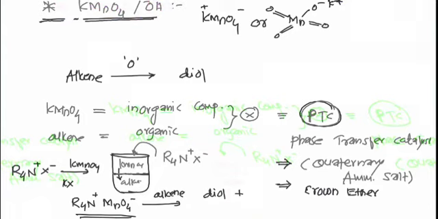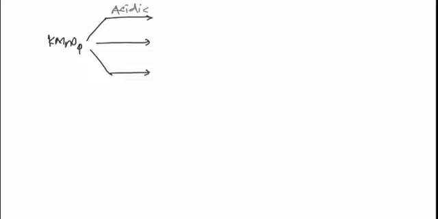ओके, दिस इज व्हाट वी हैव टू मस्ट कंसीडर द PTC along with the KMnO4। एक तो बेसिक कंडीशन है और दूसरा PTC होना जरूरी है। वैसे KMnO4 क्या है? बहुत स्ट्रॉन्ग ऑक्सीडाइजिंग एजेंट है, ठीक है। तो इसकी जो रिएक्शन है ये आपकी कंडीशंस पर डिपेंड करती है। एग्जांपल KMnO4 ले लिया आपने और हमारे पास तीन अलग अलग कंडीशंस, एसिडिक कंडीशन, बेसिक कंडीशन और न्यूट्रल कंडीशन। सो लेट्स वी हैव कंसीडर द एसिडिक वन। एसिडिक मतलब जिसका pH कम है, न्यूट्रल मतलब जिसका pH 7 के आसपास है, और एक होता है आपका बेसिक, जिसको अपन अल्कलाइन भी बोल सकते।